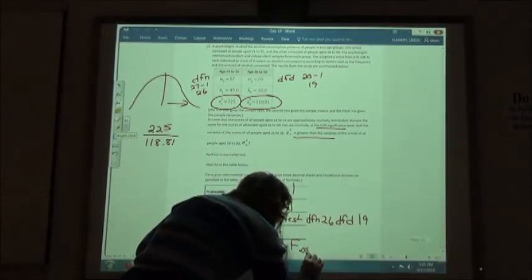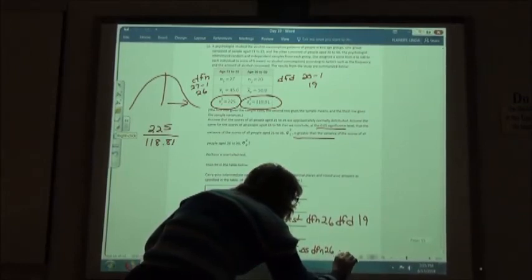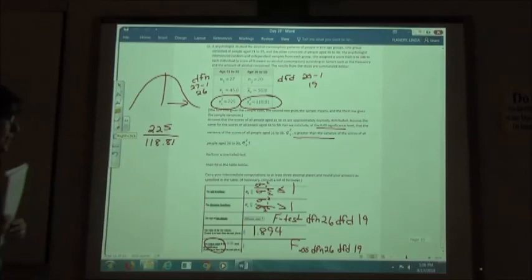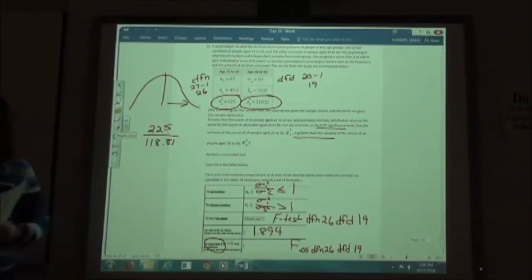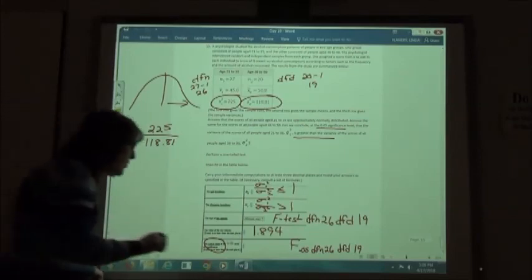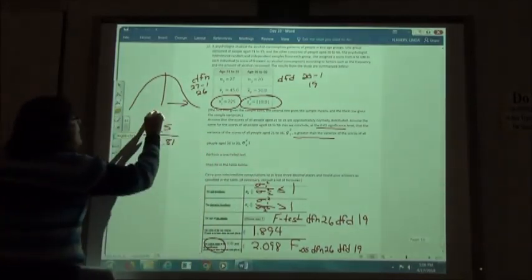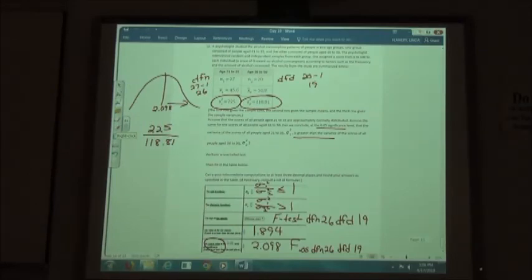So 0.05, degree of freedom in the numerator of 26, degree of freedom in the denominator of 19. 2.098. So that means 2.098 is our critical value, which divides